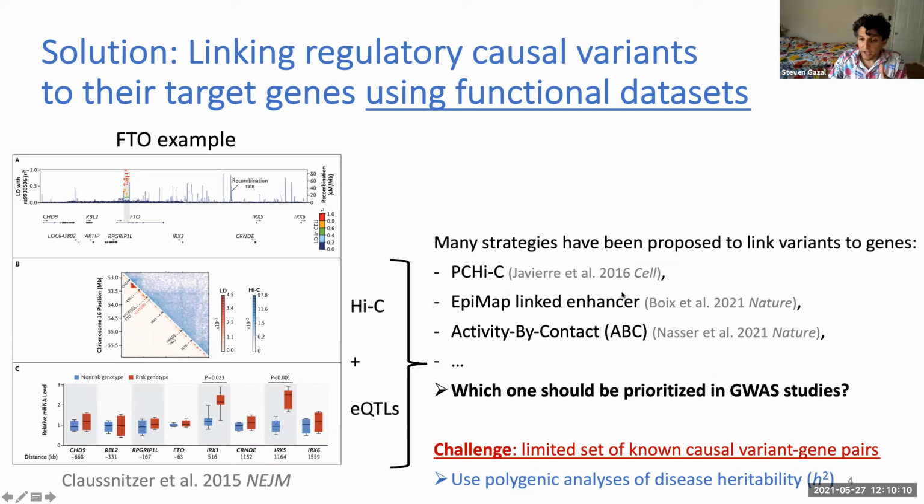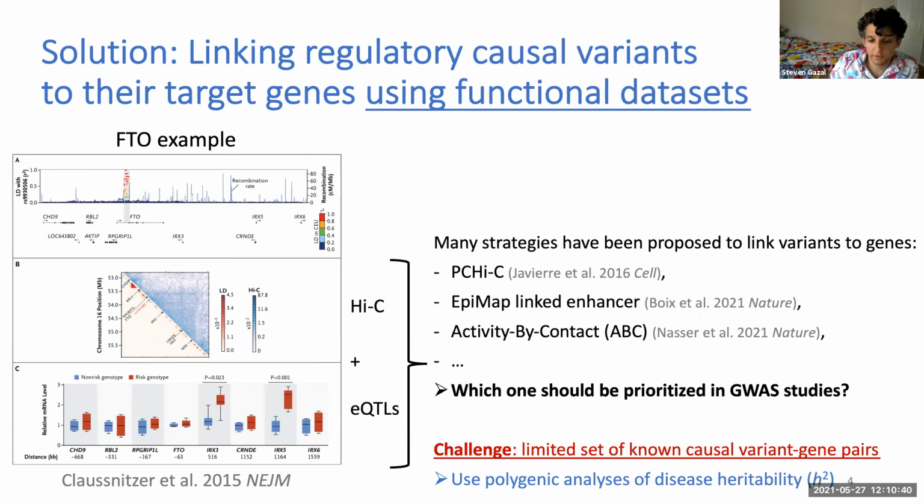And so what is hard now, with all these functional data sets in hand, is just trying to understand which one we should prioritize in GWAS studies. For example, let's say we have highlighted the causal variants in the FTO gene, and let's say that EpiMap targets this variant to RX5, but ABC targets this variant to CDHD9. We don't know which one to trust, because we don't know which one is more informative